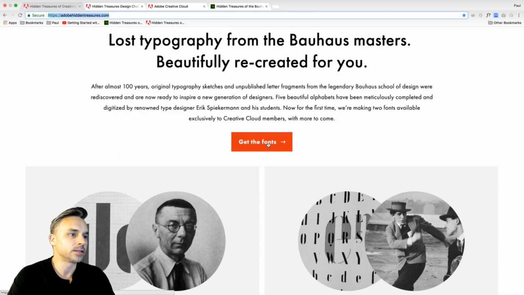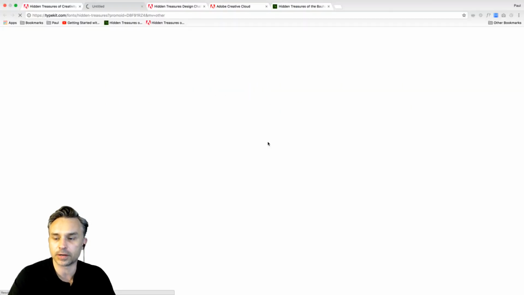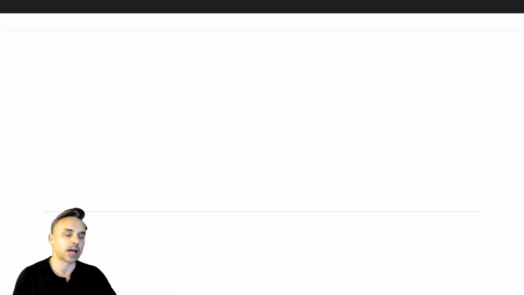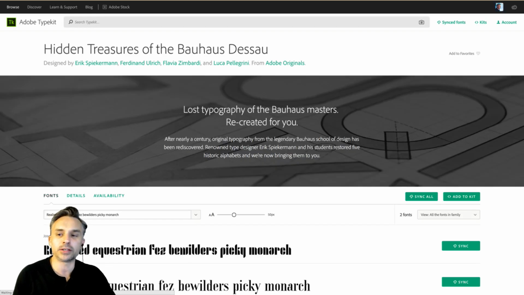So first thing we need to do is we're going to get some fonts, and then we'll talk about typography and everything. So let's just show you how to get these fonts initially. Selecting Get Fonts, it's going to launch Typekit, right? Typekit gives us access to thousands. I don't even know how many, but way too many, right? We all have thousands of these fonts on our desktop, and yes.